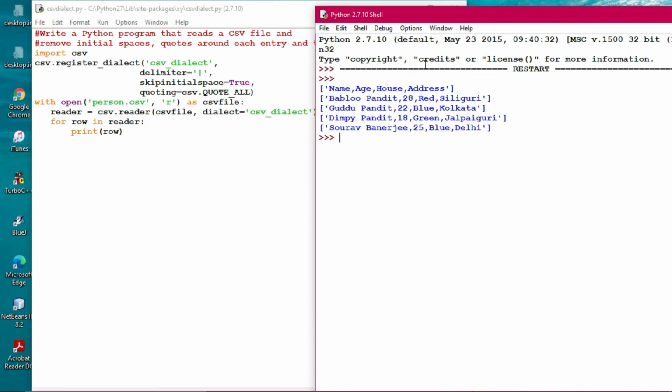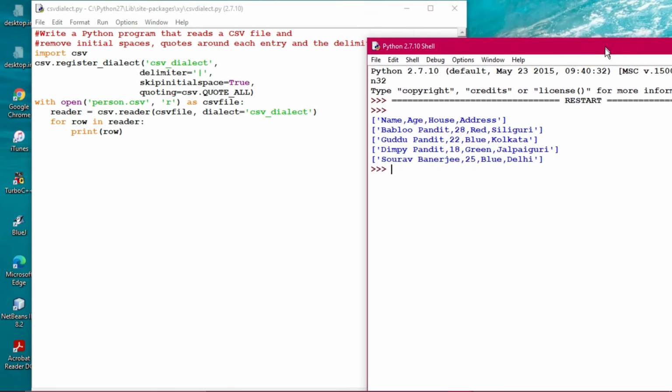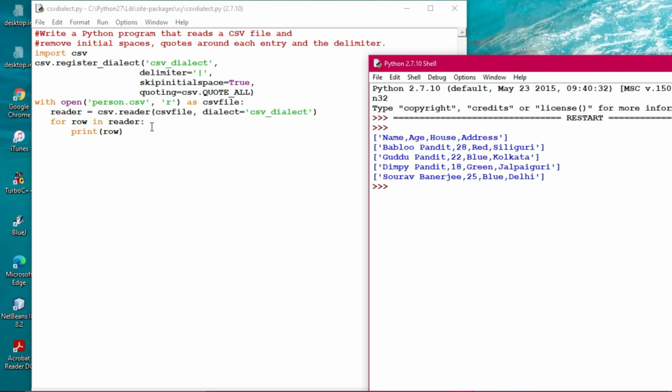You cannot understand header, footer, nothing. Simply in the bare format, name, age, you have to understand which one is what. So it is a bare format. Each entry, and here we have used the delimiter. If you are not creating the file, because the first program we created person.csv, and that only I am using now, this program will not be executed. It will simply give you an error. That is why first of all you have to create the file, then you can run this program.